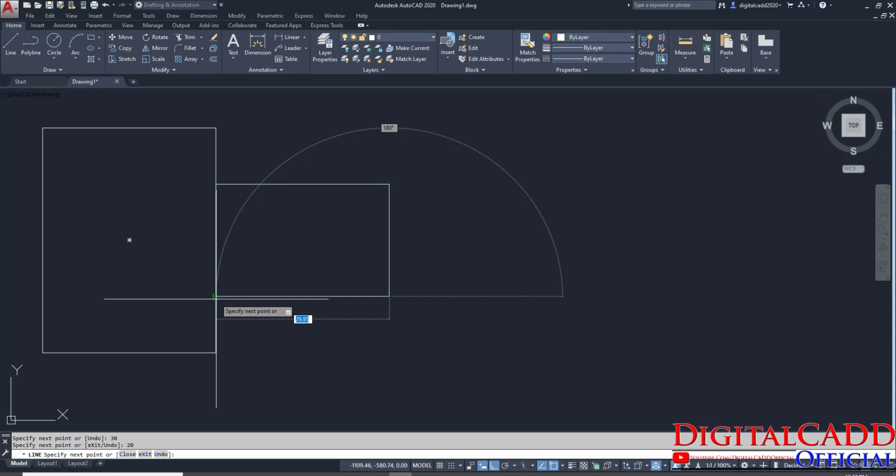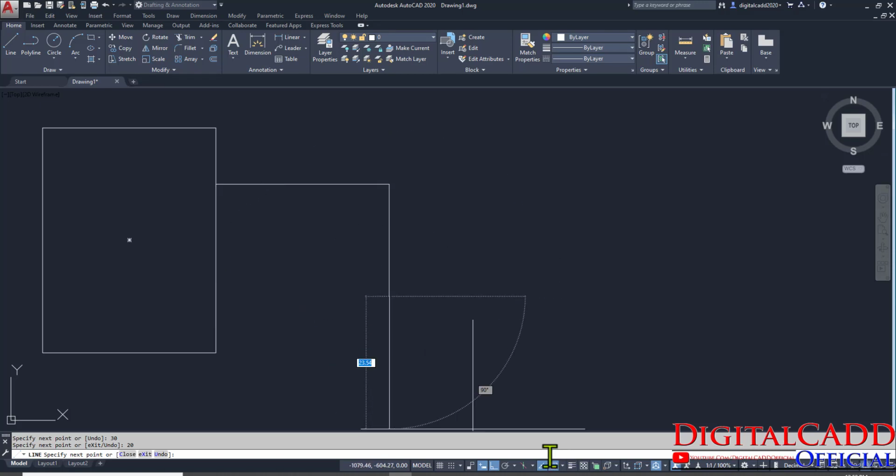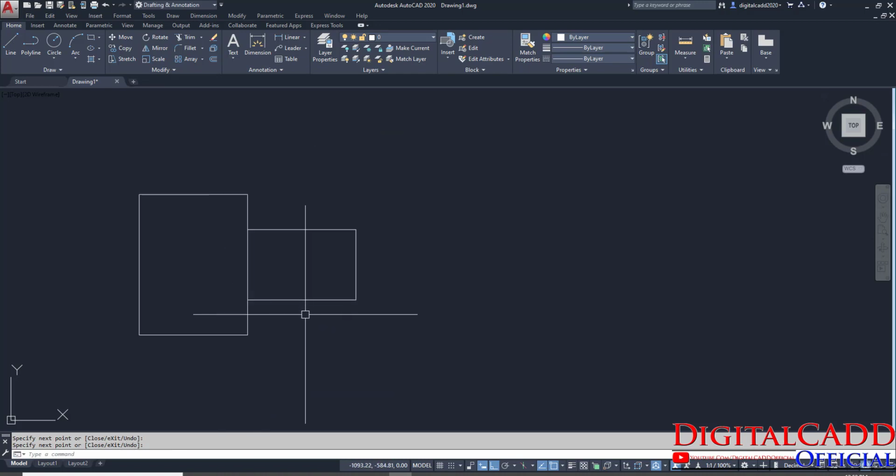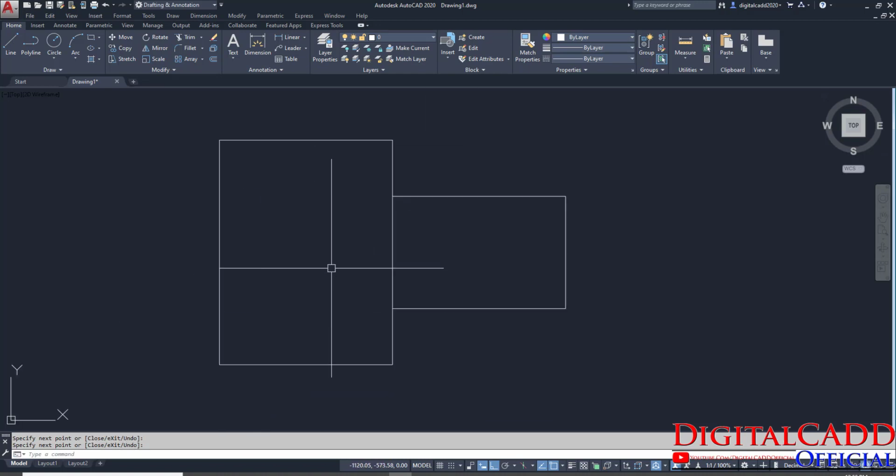And here we can see perpendicular. Why is this possible? Because we have already turned this button on. So that's why you can see here perpendicular is also on, and we are able to see any nodes during our sketch creation. Okay, so just click here and press enter. So we have created the shape.